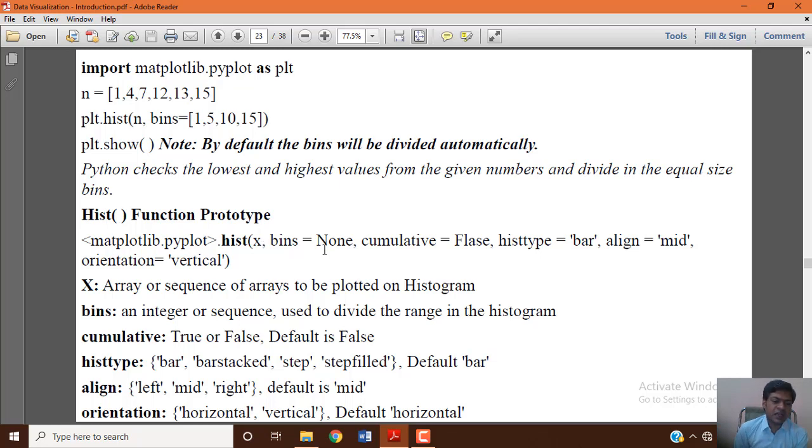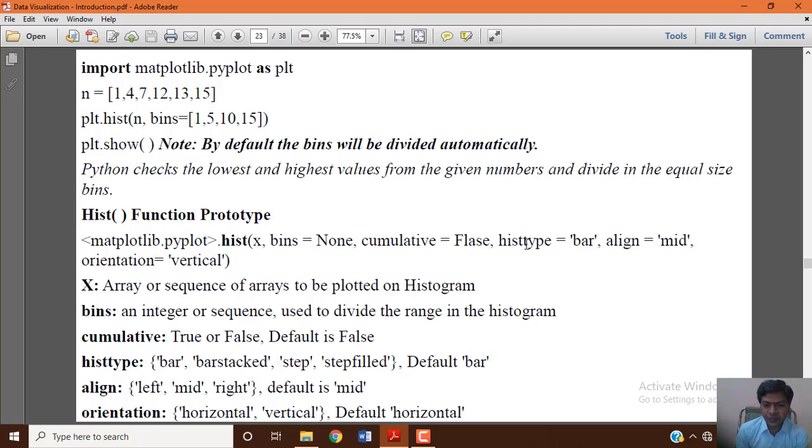If you specify only the x values, that group of numbers will automatically be divided into an equal number of bins. Then cumulative equal to False by default, which relates to the height of your bar. We will see how the cumulative property works in an example.